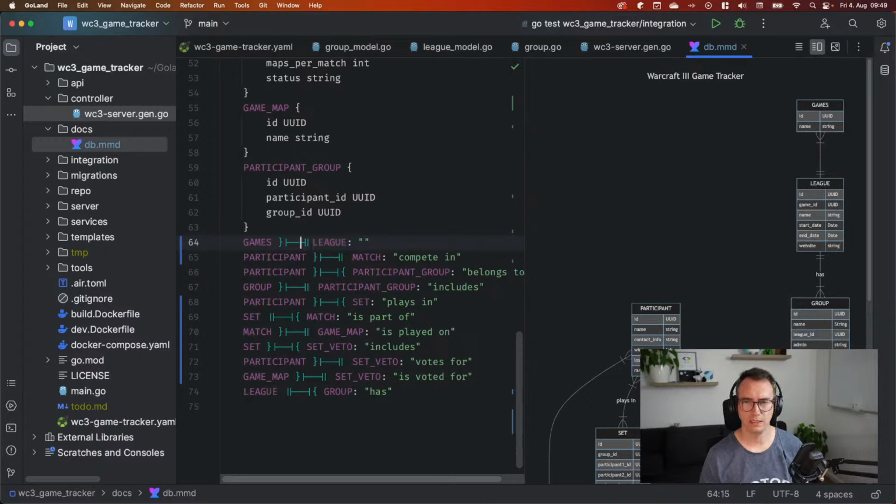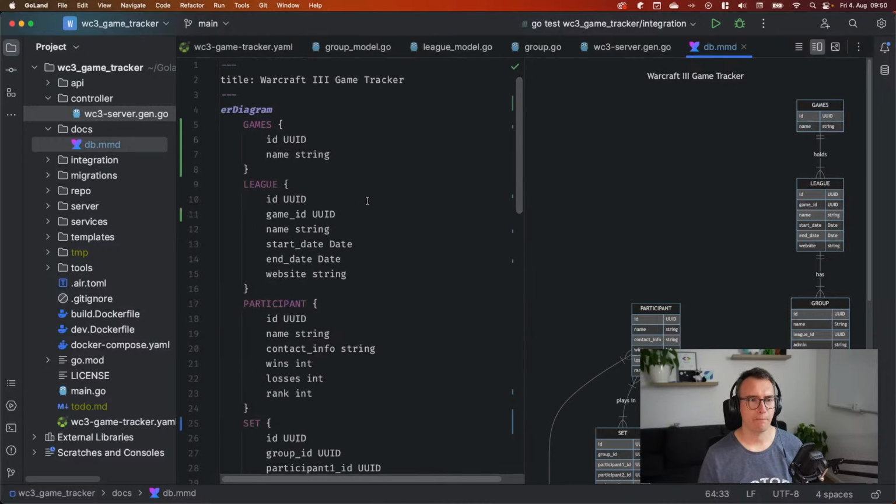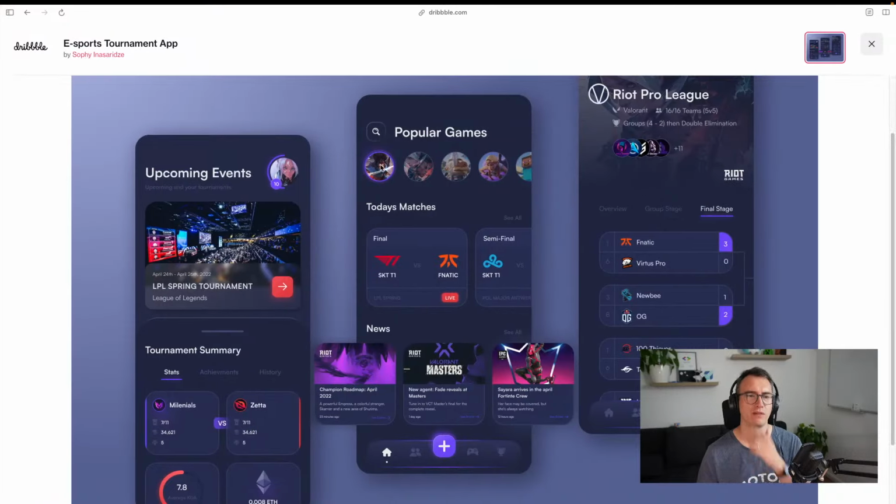So one game can have multiple leaks. One game holds multiple leaks. Okay. So with that, we could have on our mobile application like this tracer and